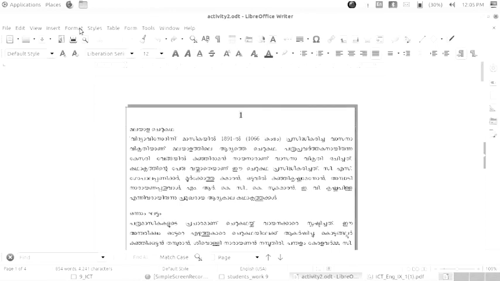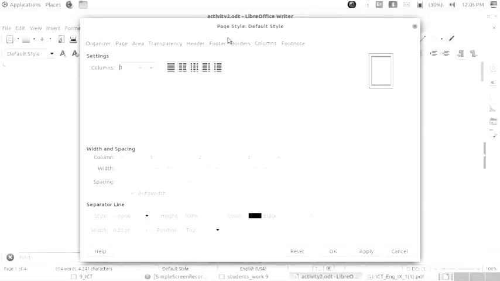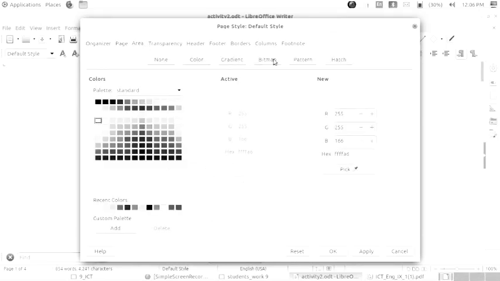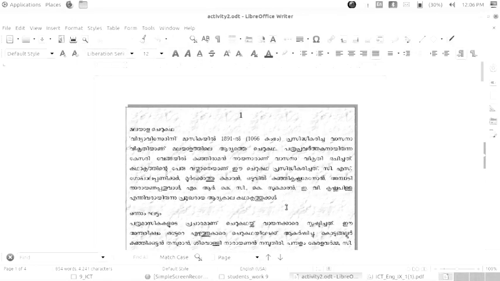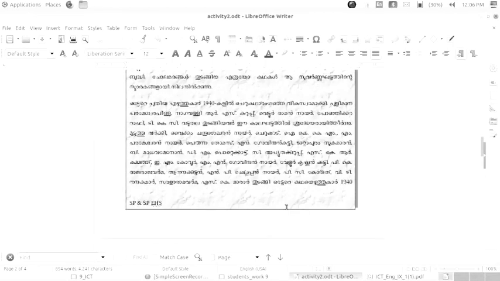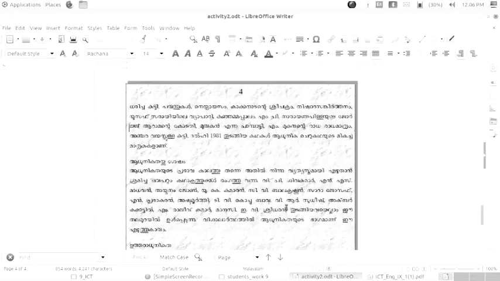How can we go for that? Format, then page. Now the page style window is opened. In that, go to the bitmap area tab. This is the bitmap area tab. Okay, from this you can give any picture for your seminar paper's background. Now select any one, then click on OK. See, the background has changed from the solid color to a picture. Okay,